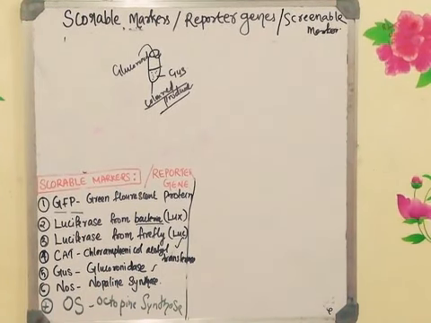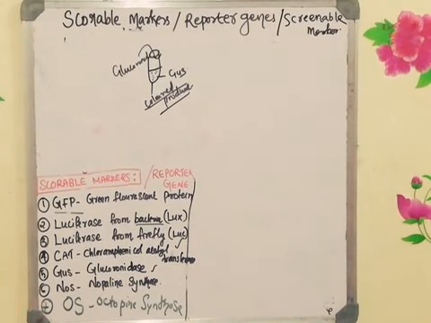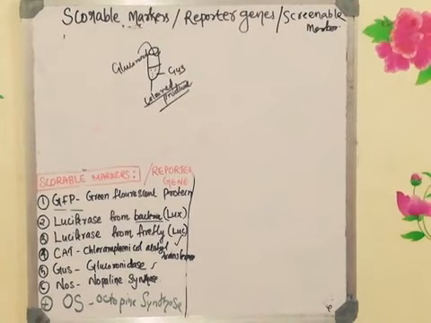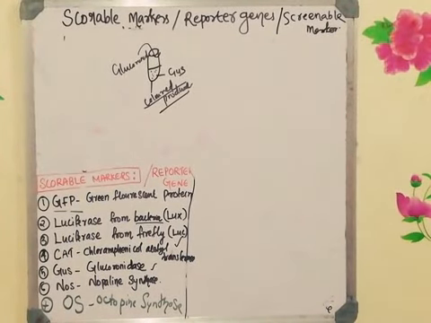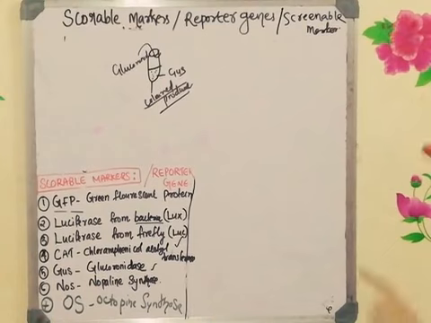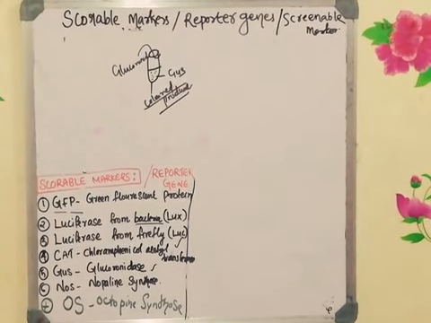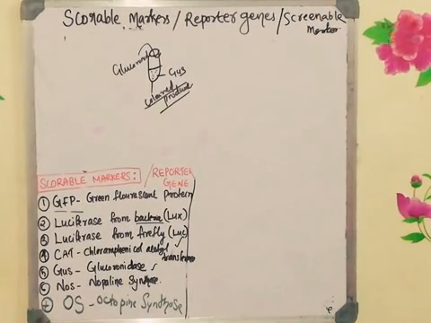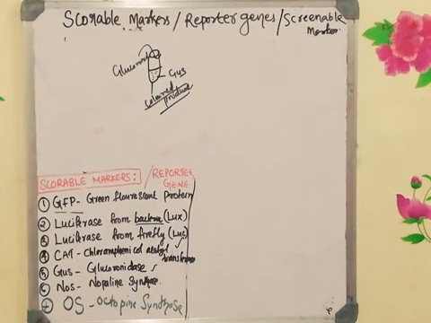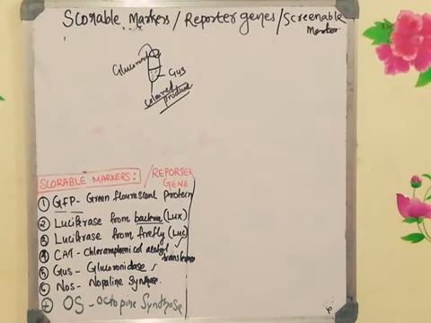There are two ways for detection of opine. To identify the presence of opine, you have to do the protein extraction from the plant sample. Incubate the extract with opine precursor. Opine precursors are arginine and pyruvic acid. So you have to mix it with arginine and pyruvic acid. Due to the reaction, that will react with the octopine synthase and octopine will be synthesized.